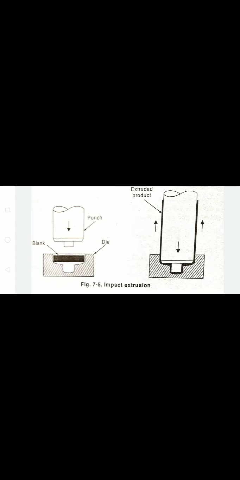This process is simple and economic, and it is most suitable to produce collapsible tubes. Production cost is comparatively low. Surface finish is very good. The production rate is very high. Although it has some limitations, it is limited to soft materials like lead, tin, aluminum and copper.